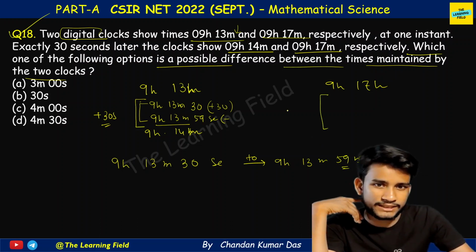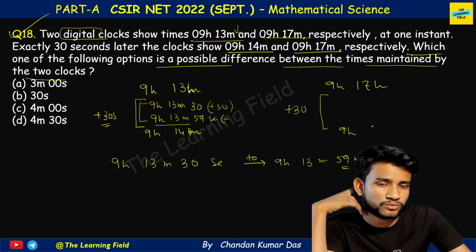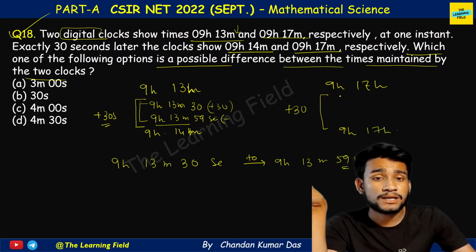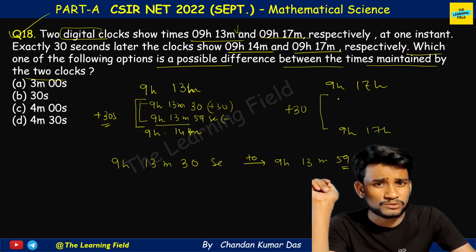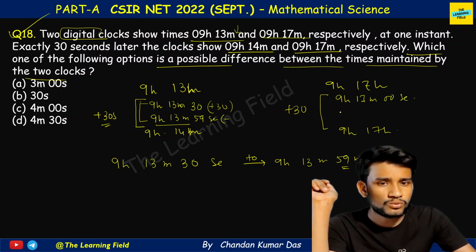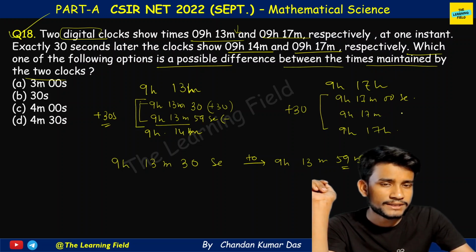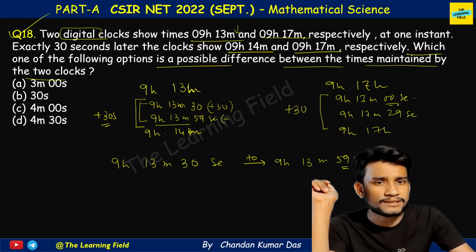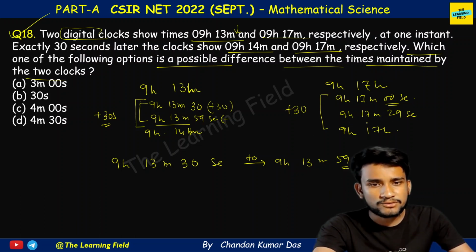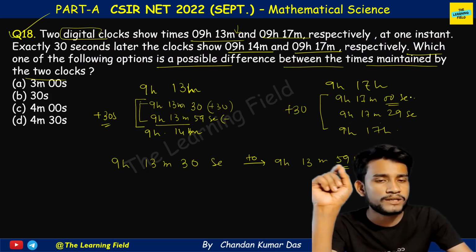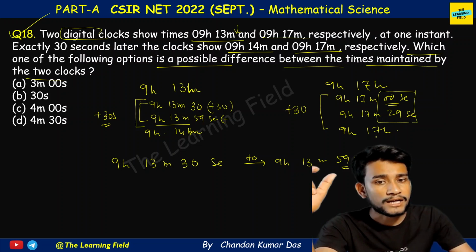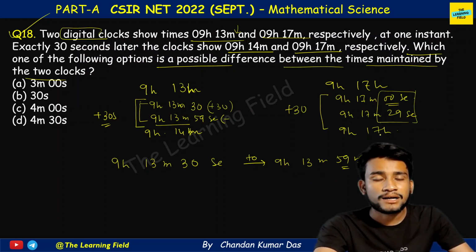Now in this case, if we add 30 seconds, then this also shows 9:17. That means here the exact time should be 9 hours 17 minutes 00 seconds to 9 hours 17 minutes and 29 seconds, because if we add 30 seconds here, the exact time should be 9:17 and 30 seconds, and the latest exact time it should be 9 hours 17 minutes and 59 seconds. In both cases, in between any exact time, the clock shows you the time 9:17 if the second